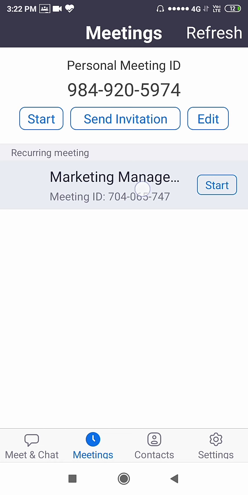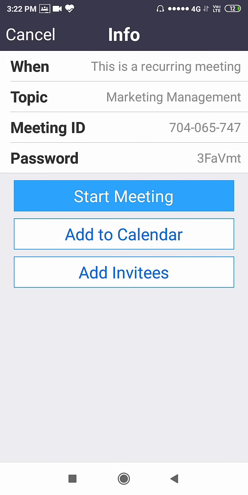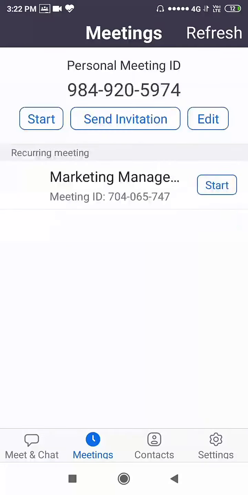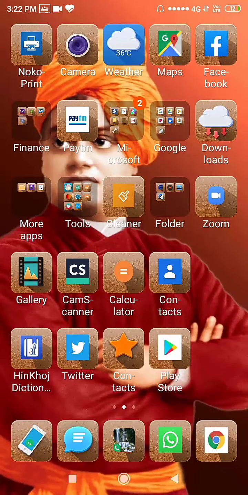Here one option is given. If you see add to calendar, you have to check whether these are given in the calendar or the space. If the calendar is there, see your calendar.